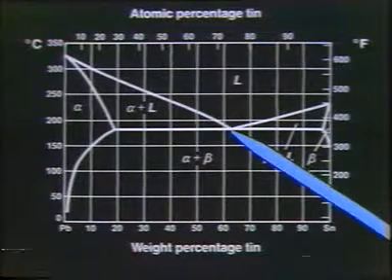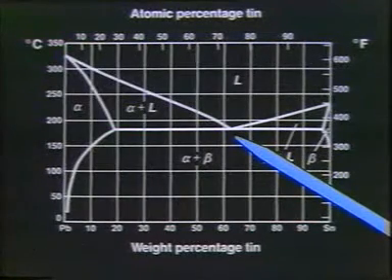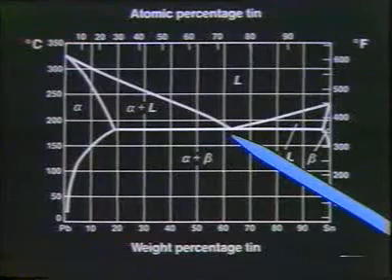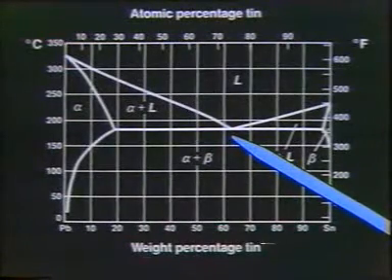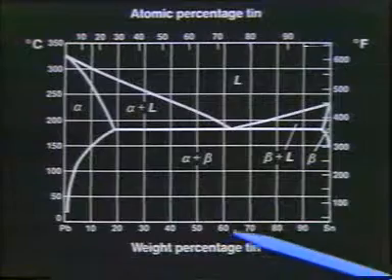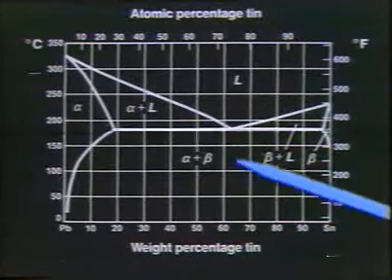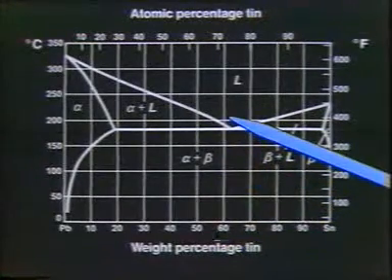Now, if you were going to design a solder, if you had to select a solder, and you say, I want to go to the lowest temperature possible to join this material together, otherwise I might damage the material, then what you would want is a eutectic solder, and it would be a solder that would have that particular composition. If you wanted to